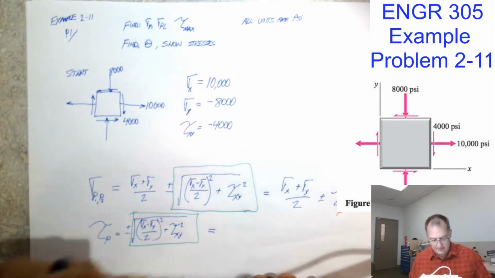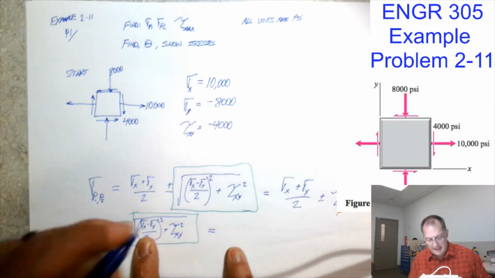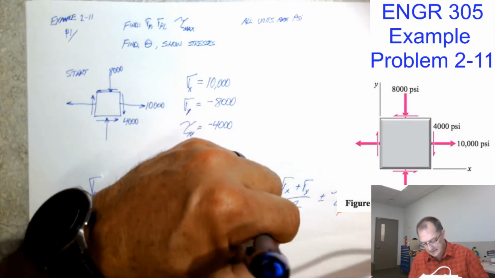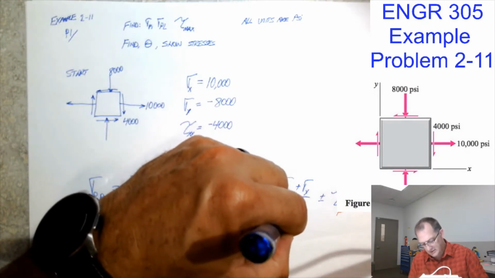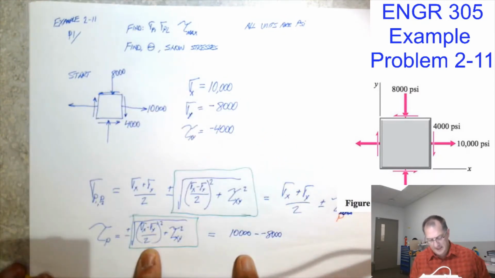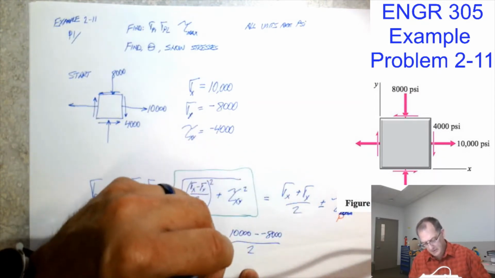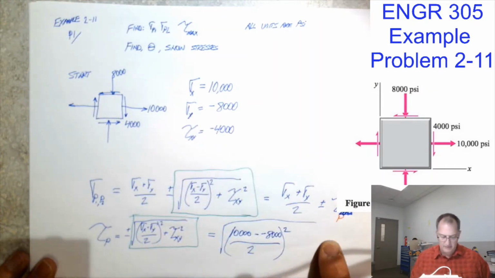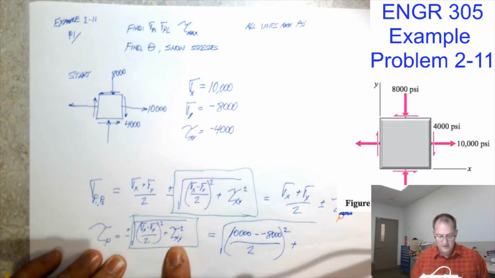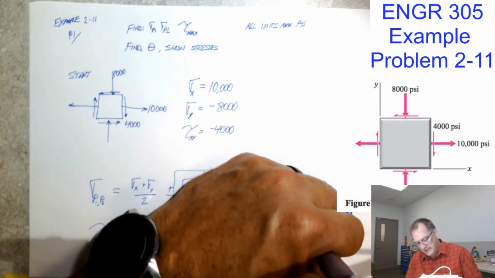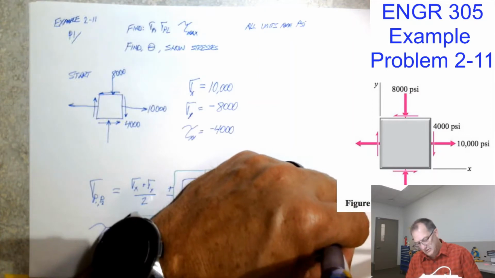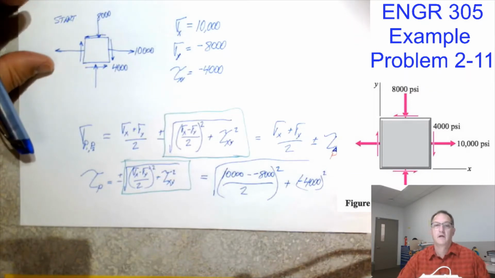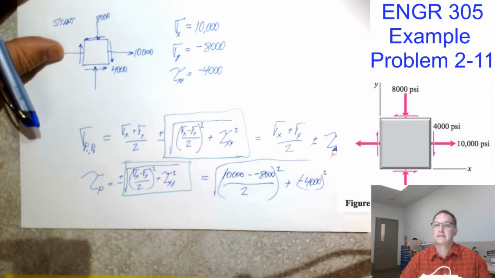All right, so principal stress is equal to sigma x, 10,000 minus a negative 8,000 divided by 2, squared, put the radical, plus the shear stress squared, minus 4,000 squared, right? If I do all of that,